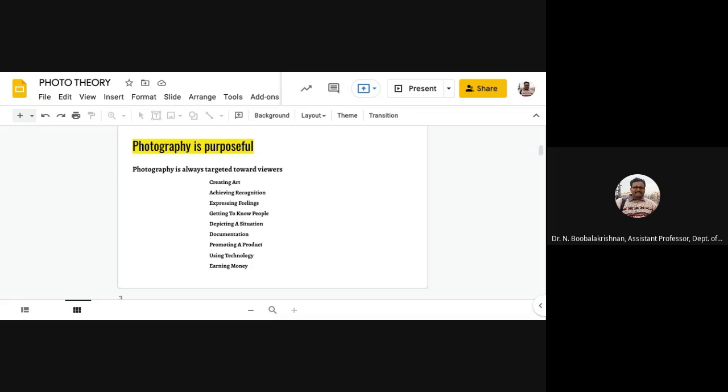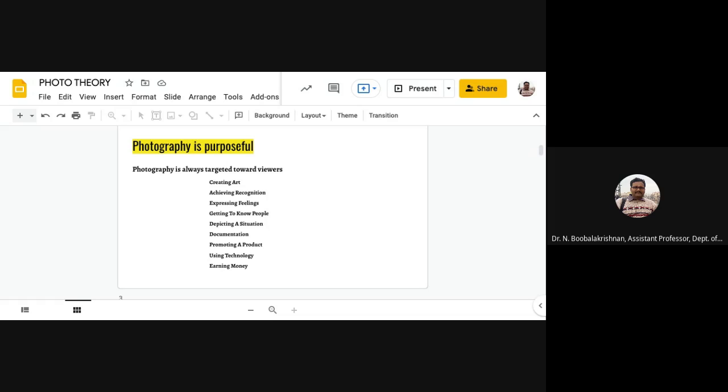And of course documentation, promoting a product, using technology, so how advanced you are in using the technology and capturing the moment, and finally, earning money. So any photograph has to be taken for some purpose.